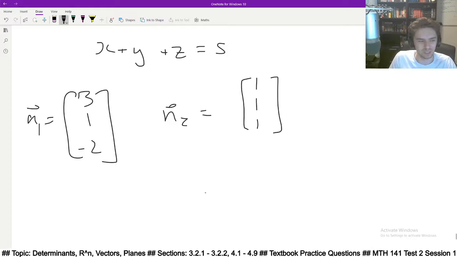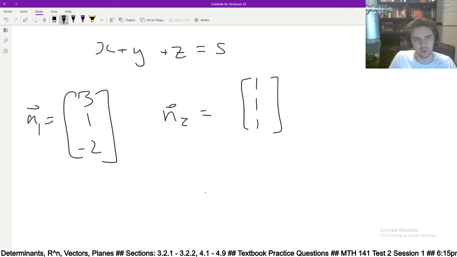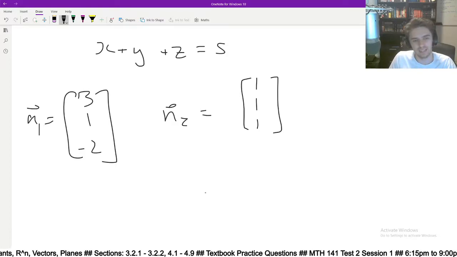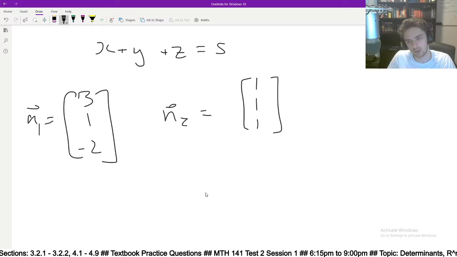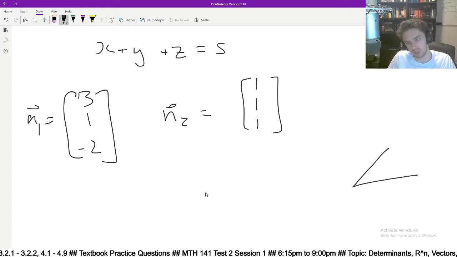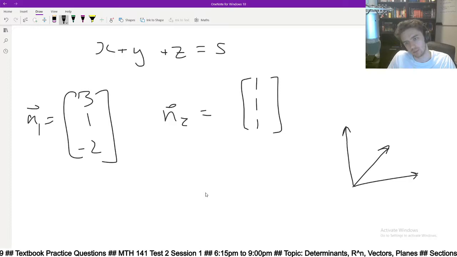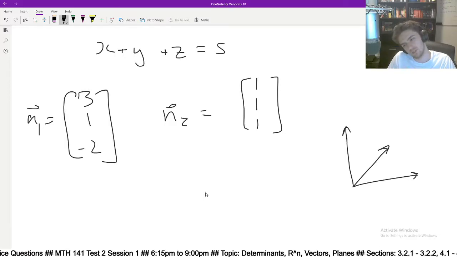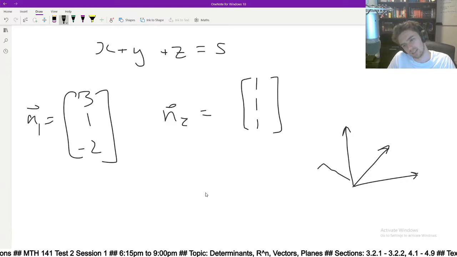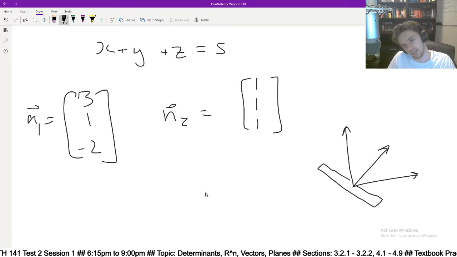I guess that's why. Just imagine two planes intersecting, their normals sticking out, right? The direction of the line of intersection will be the cross product. It will be perpendicular, right? Because the cross product returns a result perpendicular to both of them. So if this was a plane, that was a plane, and